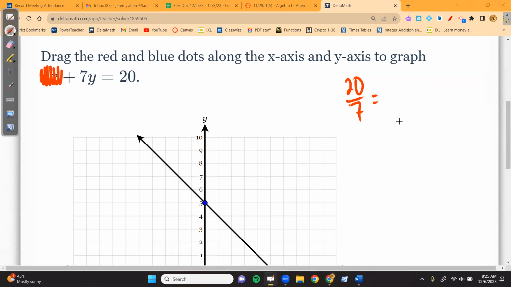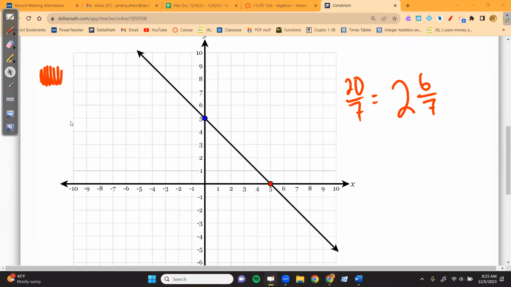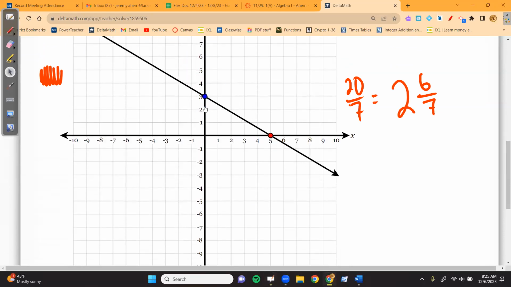How many times does 7 go into 20? 2 times. And what is 2 times 7? 14. And what do you have to add to 14 to make 20? 6. So the answer is 2 and 6/7. And so you might say, well, how am I supposed to graph 2 and 6/7? Well, you go to 2, and then you estimate that 6/7 is pretty close to 3, but not quite to